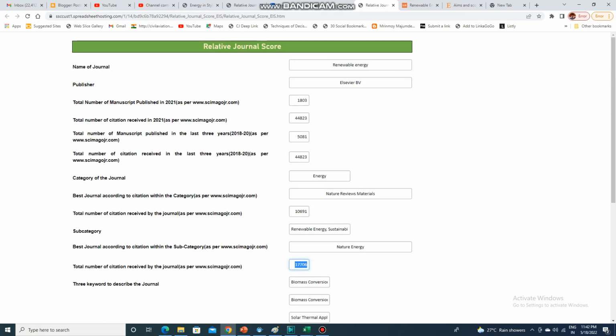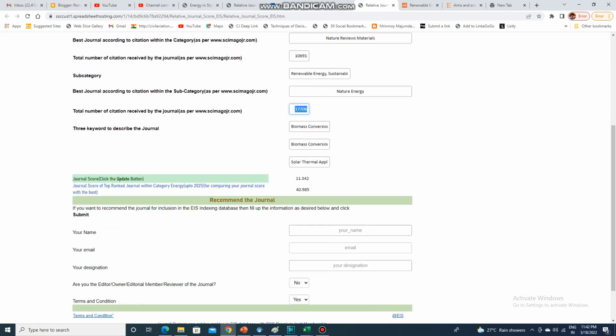So you can see that if I rank the journals based on the citation, then Renewable Energy is better compared to Nature Review Materials or Nature Energy. But if I use this RJS, relative journal score, then it is clearly selecting Nature Review Materials as the best journal, compared to 11.342 that is received by the Renewable Energy journal. Now 11.342 comes into the last 30% of